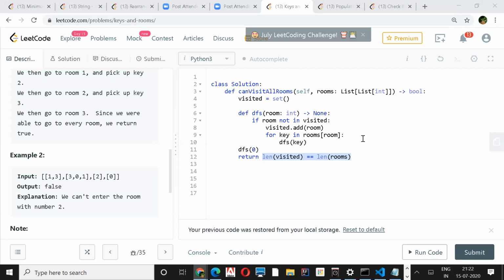Oh yeah, because it will always open, right? No, I haven't added it initially, but I don't think we need it. It is already added. Then only the length will be equal, right? Otherwise... Oh, okay. So you are adding it when you are doing the recursion. Okay, not in the beginning. Okay.